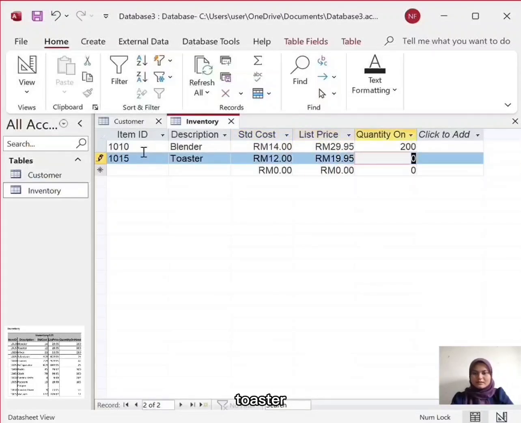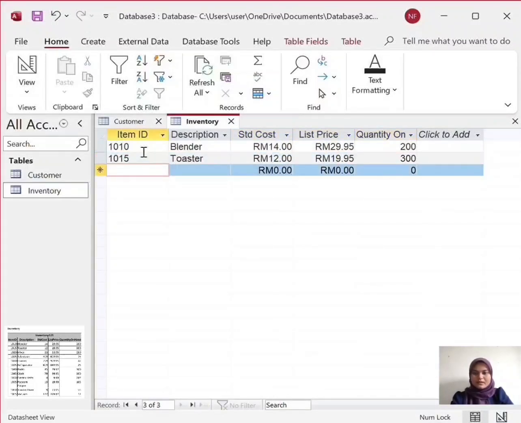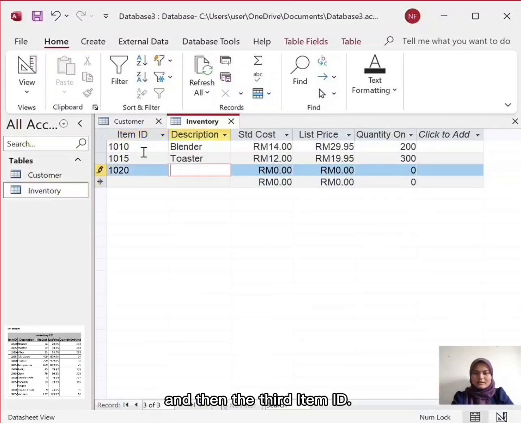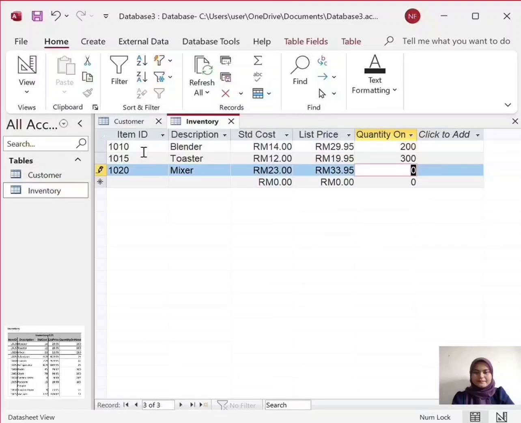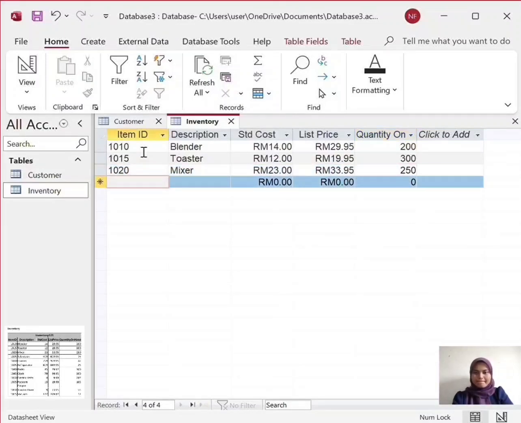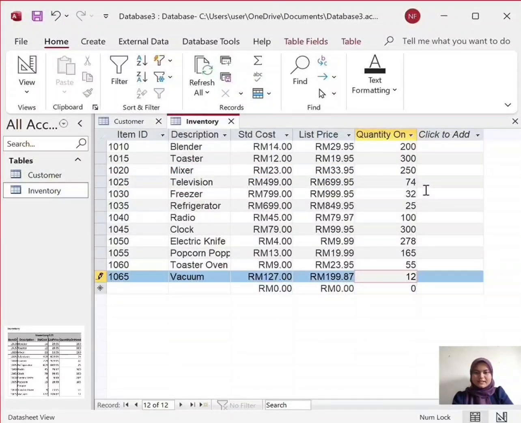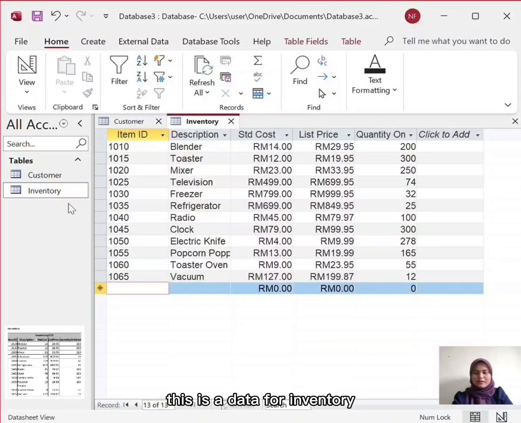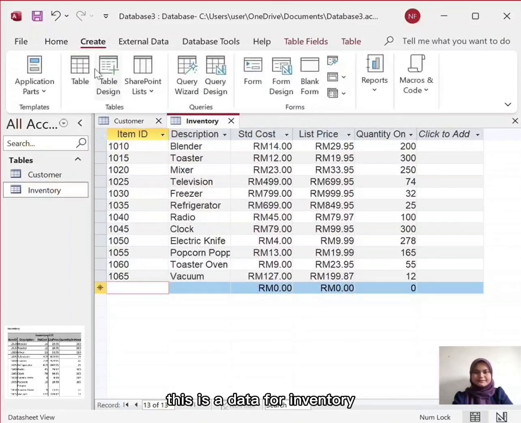Then you need to continue key in the data from 1010 until 1065. Okay, this is the data for inventory.